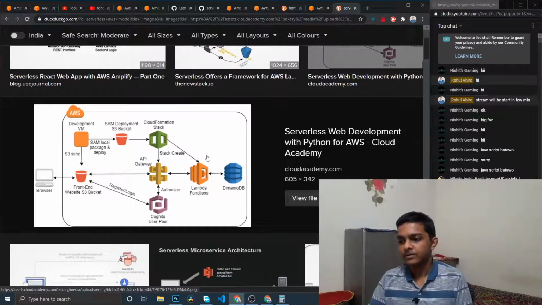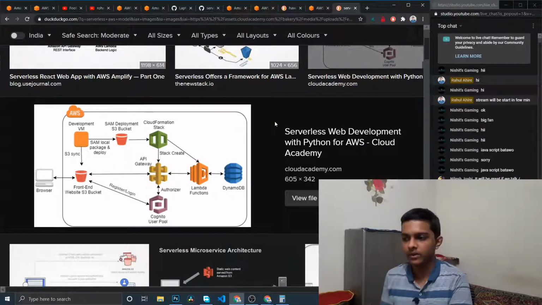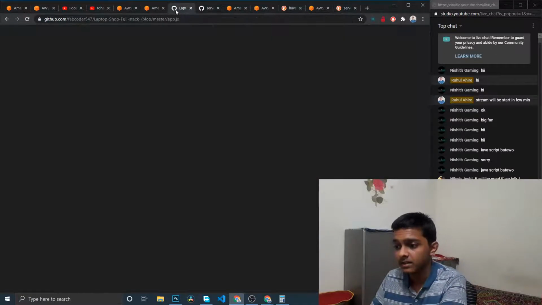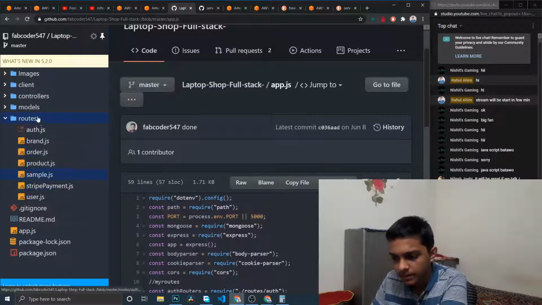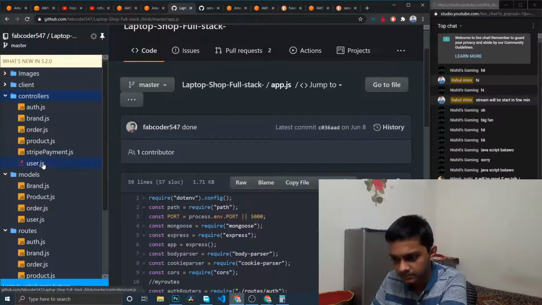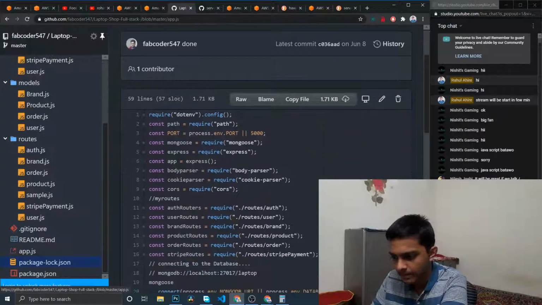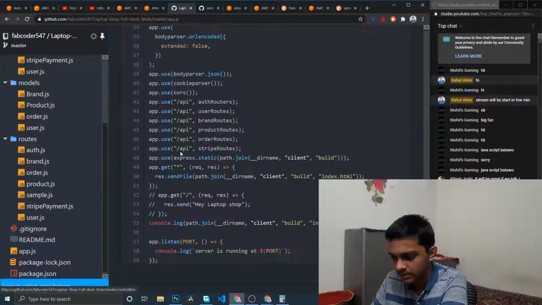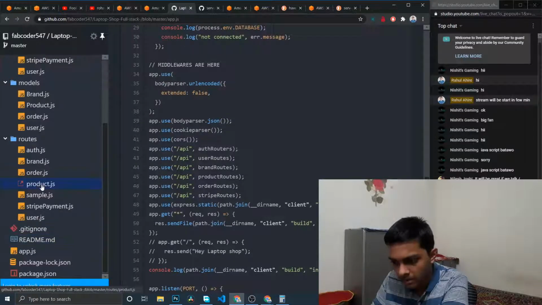And DynamoDB, so what problems did I face there? First of all, I started out with DynamoDB, and it is a completely new paradigm itself. So if we go up here, let's say model, view, routes, the brand model, view controller, brand controller. Express, Mongoose, right? And then brand routes. So let's see, where is the schema?